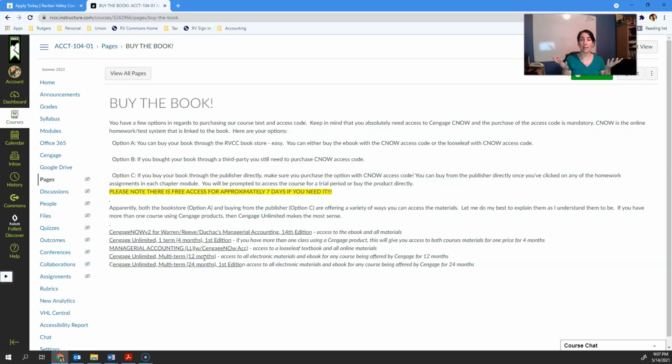So if you've got multiple classes using Cengage, that's great, right? Because then it's the same one cost for the same book. Or 24 months, same idea. You have 24 months to access their entire suite of books. But if you just have this class, then you want to do the most cost-effective thing for you, which is typically right here, the Cengage Now